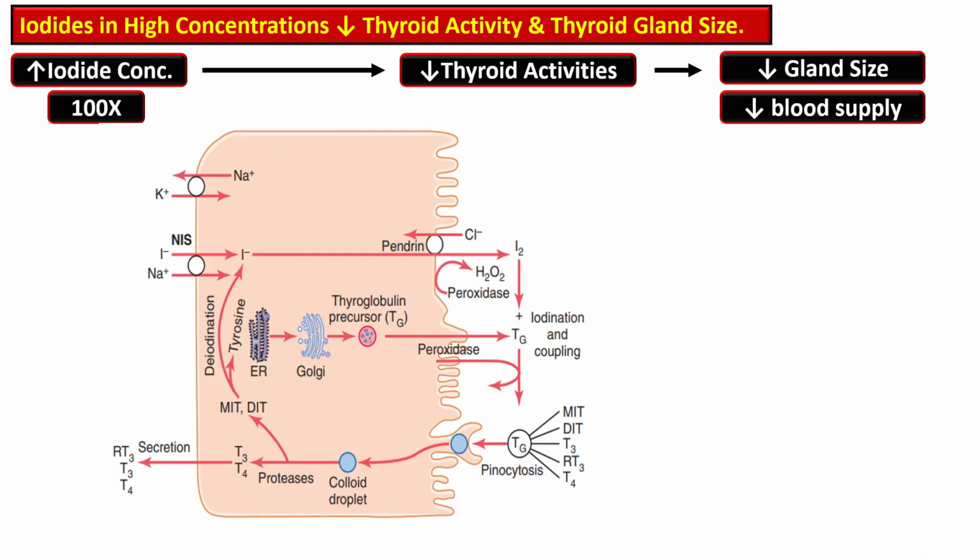The iodide in high concentration suppresses the activity of the thyroid gland and also decreases the size of the thyroid gland. So the administration of iodide in high concentration, about 100 times the normal level, leads to temporary suppression of the thyroid gland activity that is also termed as the Wolff-Chaikoff effect. The effect of the iodide concentration on the thyroid